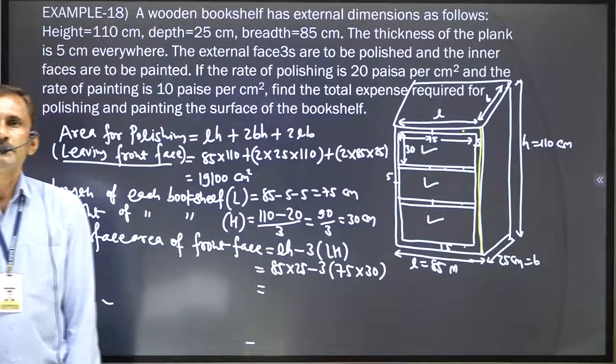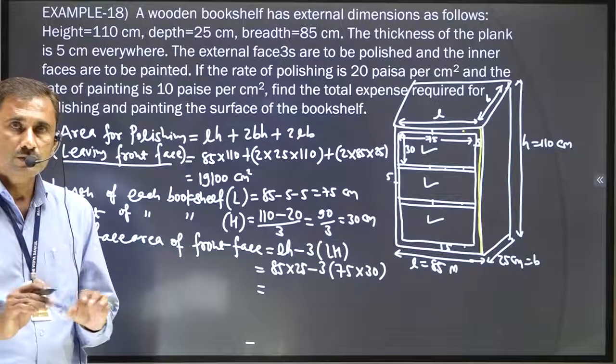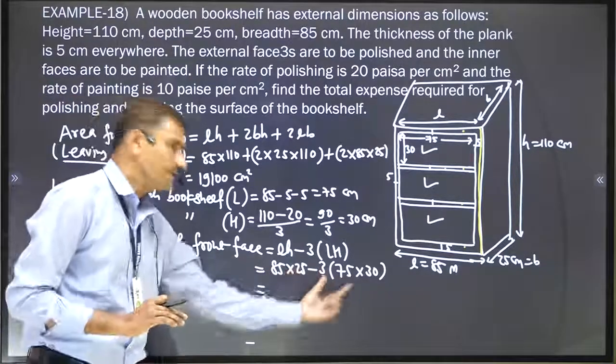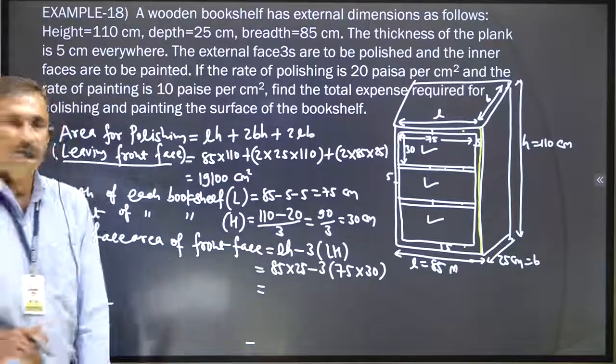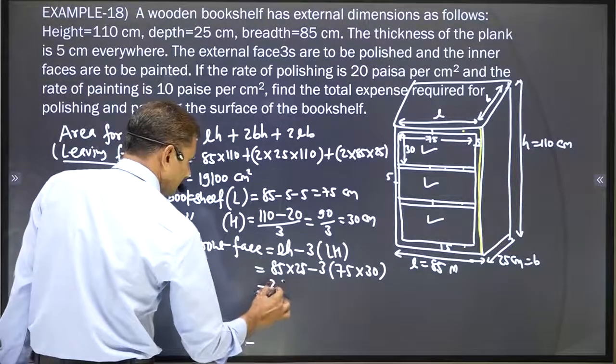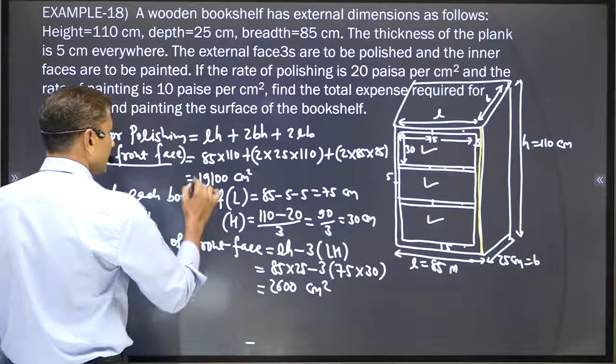Okay. So that is the required front face only, not whole. So much part is subtracted. Okay. And it is given as 600. You can verify it yourself. Centimeter square. So we got here